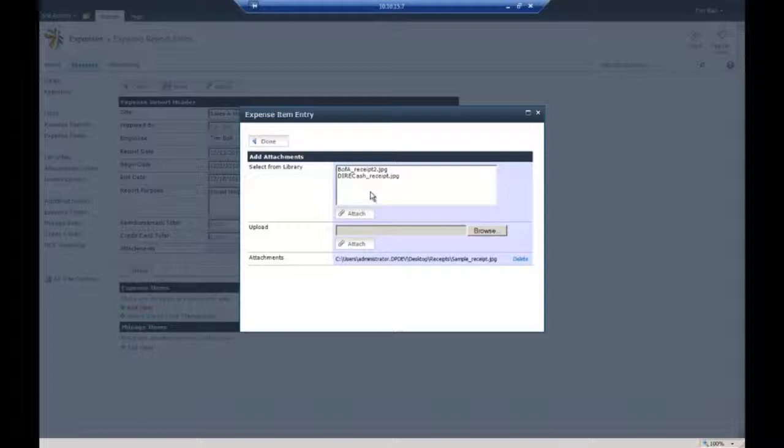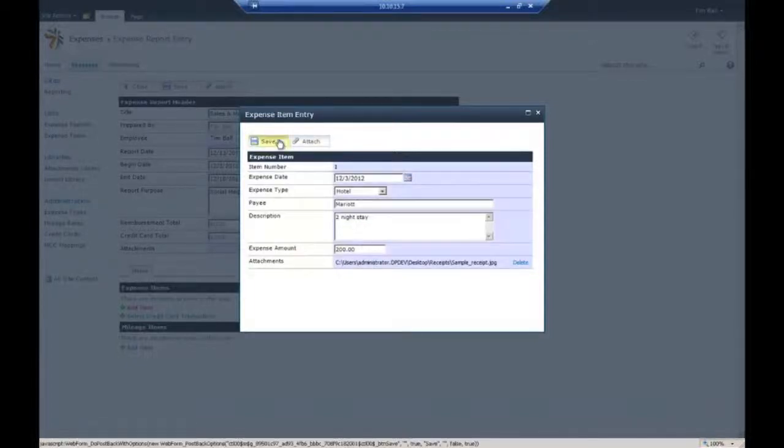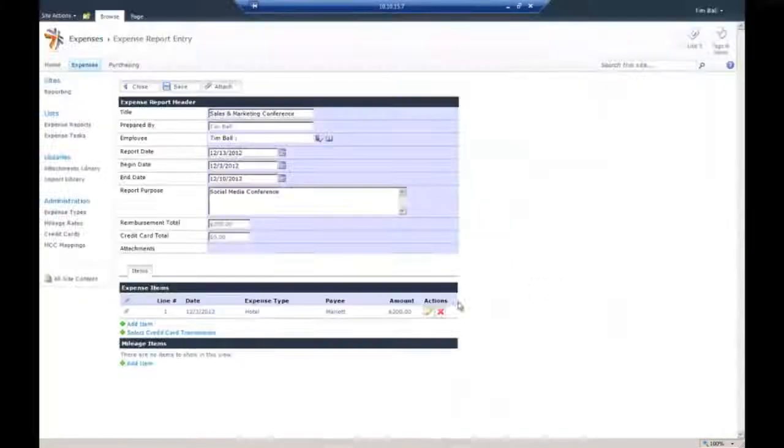A perfect example would be a traveling salesperson that snaps a picture of a receipt on his phone. He can quickly email this to receipts@mycompany.com, and based on his user information, as he logs in, under his library, he's going to see any receipts that he's actually sent in to that email address, quickly attaching those to the expense report. So I'll go ahead and save our first expense item,